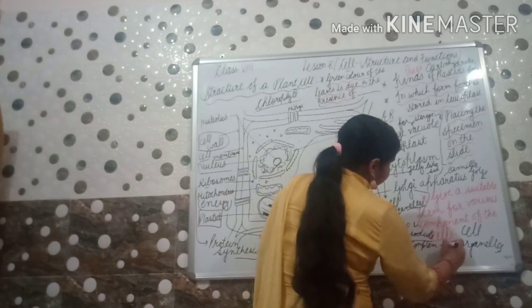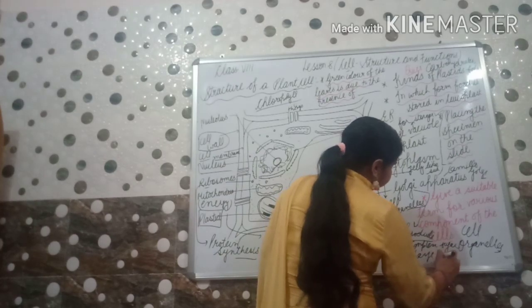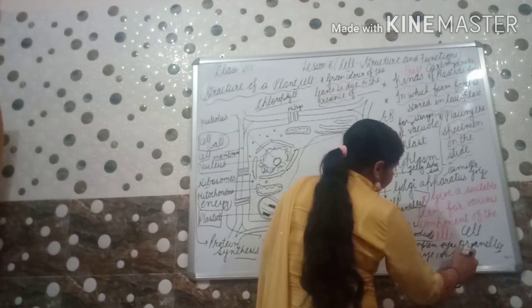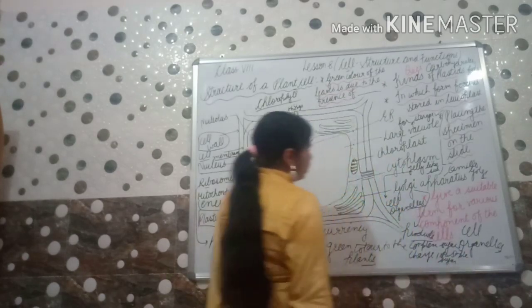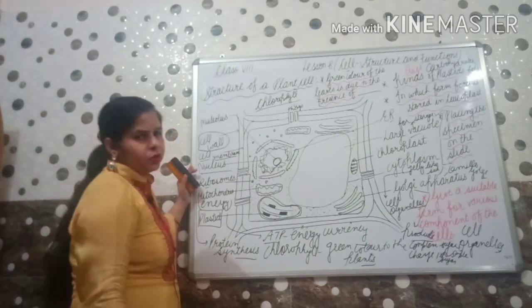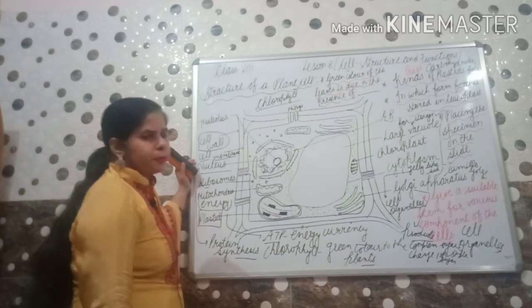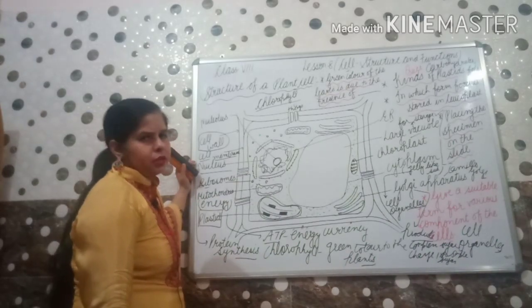और जो भी कॉम्प्लेक्स शुगर है, complex sugar change into the simple sugar. Okay. And Golgi apparatus is also involved in the formation of the lysosomes, but as we can see, lysosomes are present generally in the animal cells only.